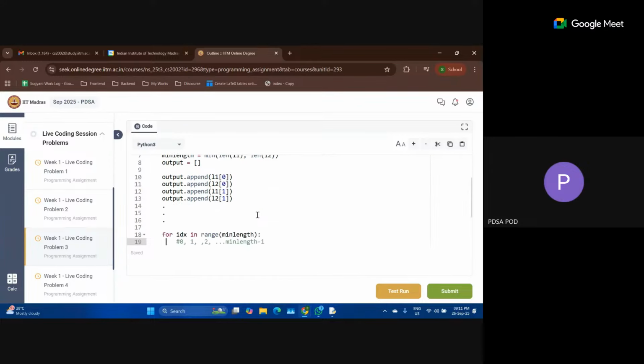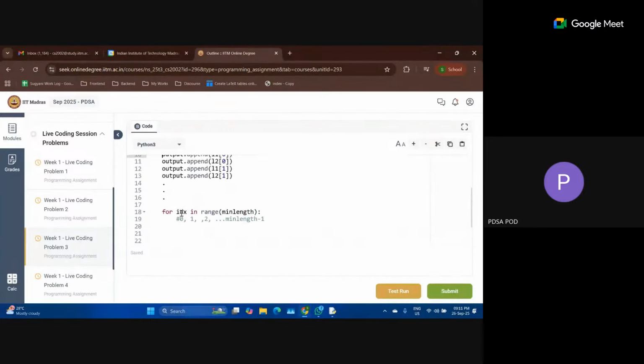Am I right? Yes, ma'am. Yeah. So we are appending the zeroth index of L1 first, then the zeroth index of L2, then the first index of L1, then the first index of L2. If my index is varying from 0 to something, then we can modify this into a loop.